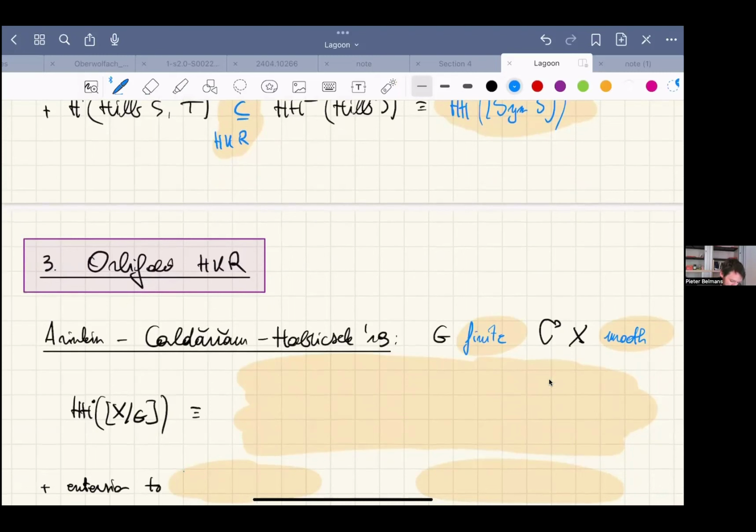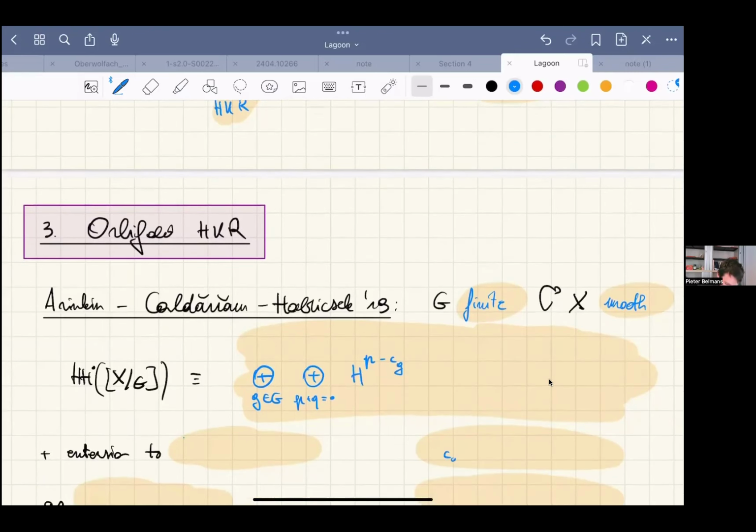And their statement is that the Hochschild cohomology of such a quotient stack is given in terms of some data involving the group. So we take a direct sum over all group elements. We, just like in the HKR decomposition, sum over the indices p and q, summing to our degree. And then we look at H^p and we shift by c_g. And what is c_g here? c_g is the codimension